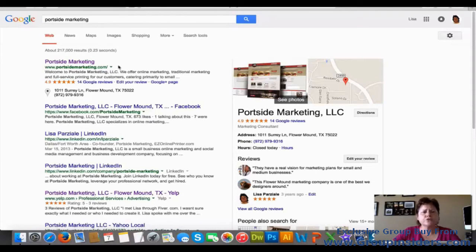When we look at Google, for instance, we come here and we see first the company. Great. 4.9 stars. That's fantastic. Don't forget to look at what the reviews say, because 4.9 means that out of 14 reviews, there's something not good in there. Otherwise, I'd have 5 stars, right? So let's go take a look.